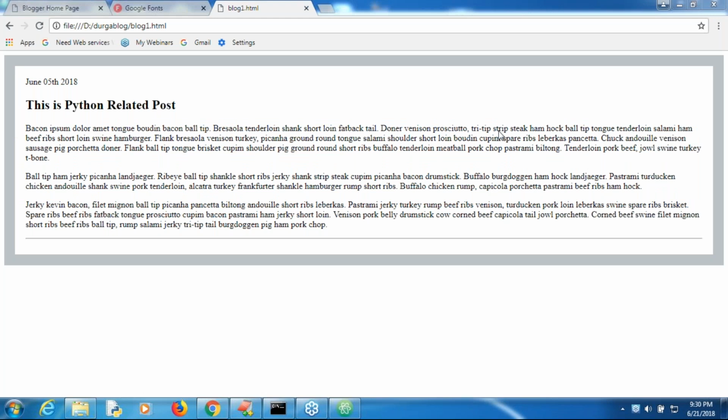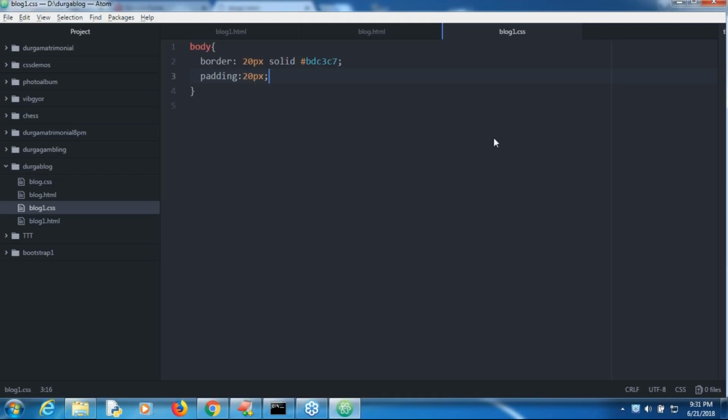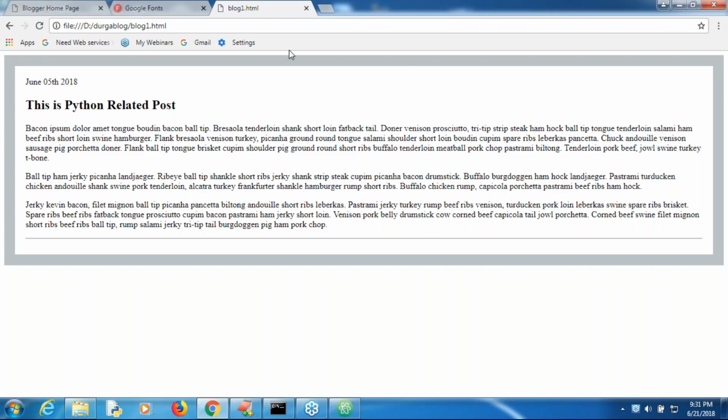Now my next one is the body. It seems the complete page is occupied. Now I want to set the width of the body to something like 700 pixels. Assume that, sir. If I take 700 pixels,